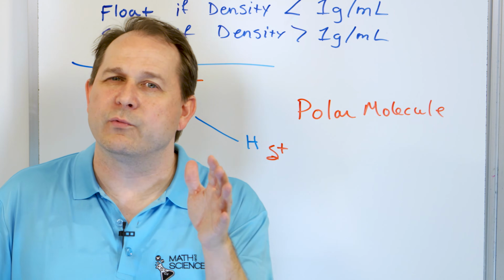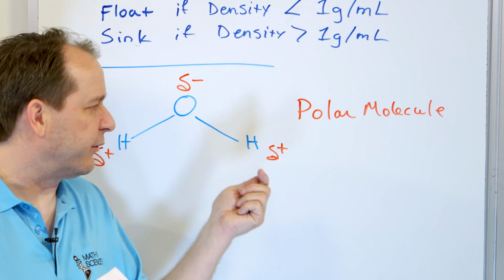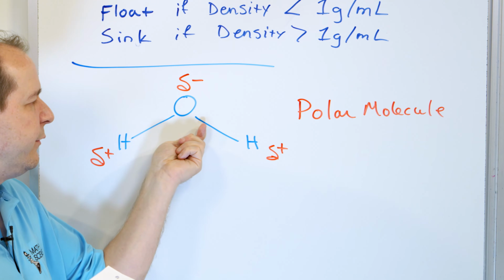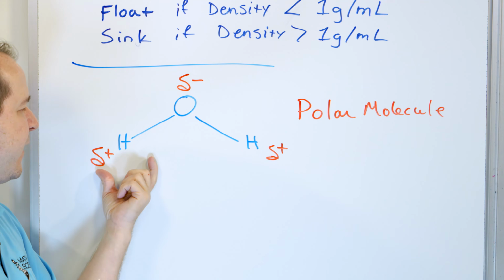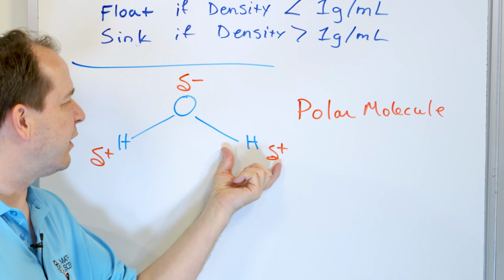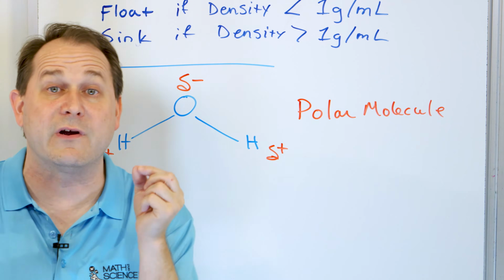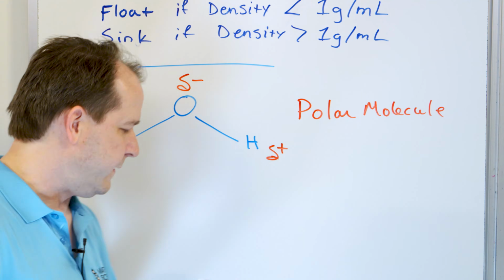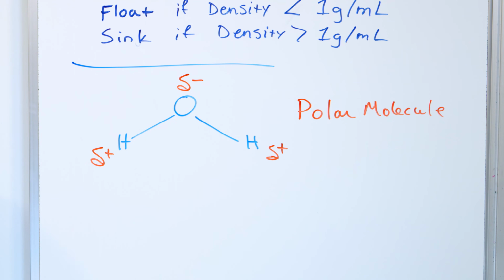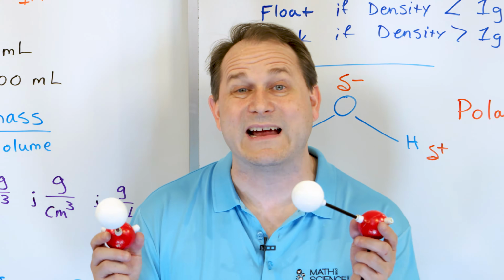But the sharing isn't really equal. Oxygen is stronger, so it pulls the electrons very slightly closer to it on both sides, and therefore we have a little bit of a positive charge on the hydrogens and a little bit of an extra negative charge on the oxygen. Now, that is the secret sauce to understanding all of this stuff when it comes to ice,